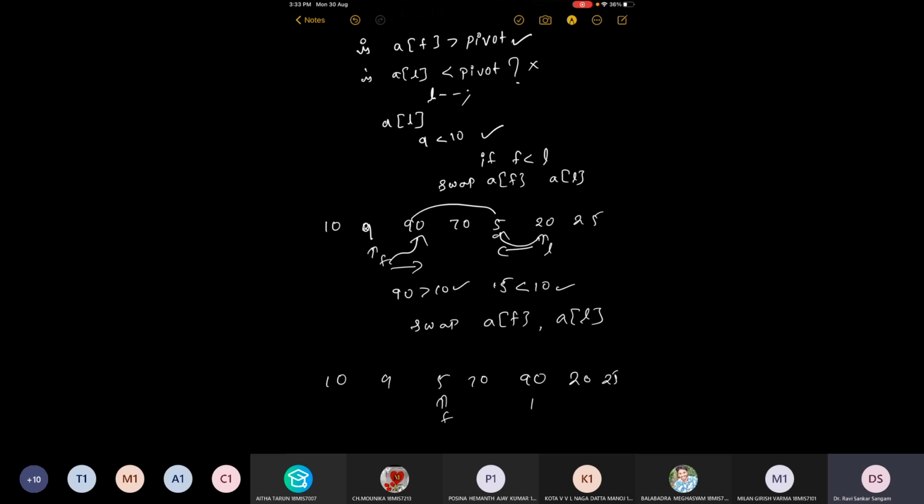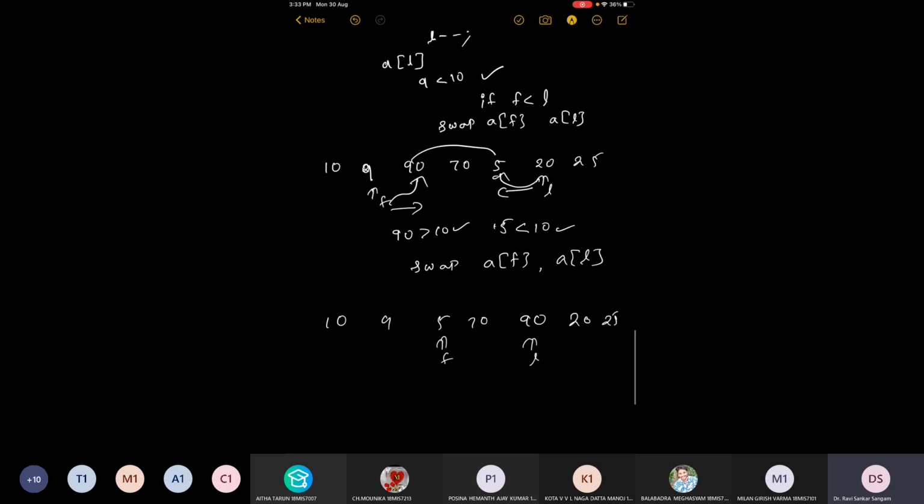Now this is F and this is L. Now if we continue further, still our pivot element is 10. That is not updated. Now A of F is not greater than 10, so we should move it towards the right side. Now it is 70. Now when it comes to 90, we should identify an element from the right side which